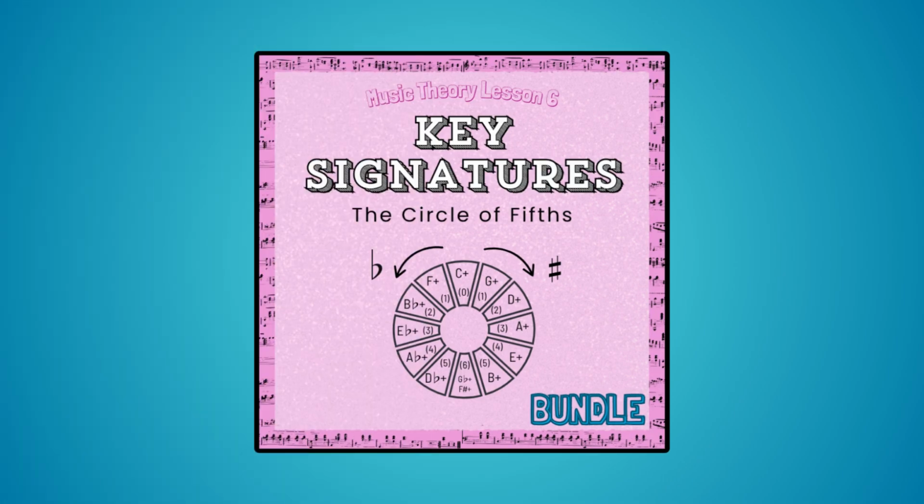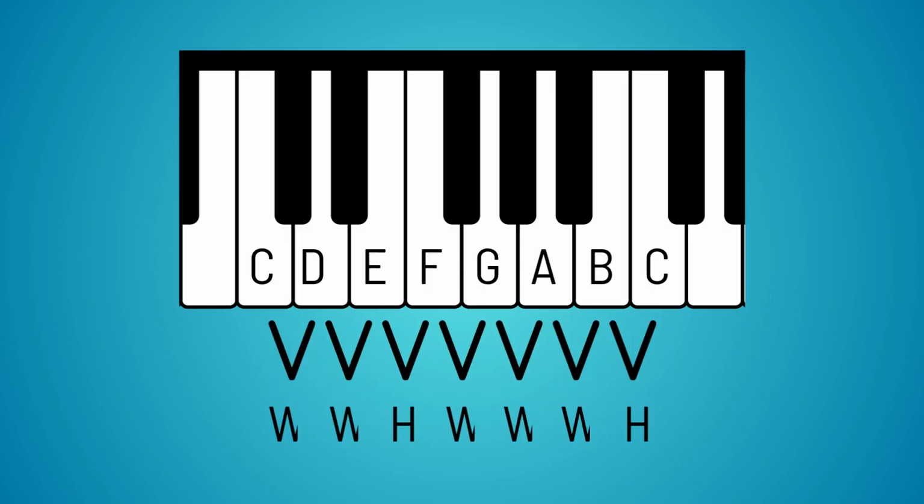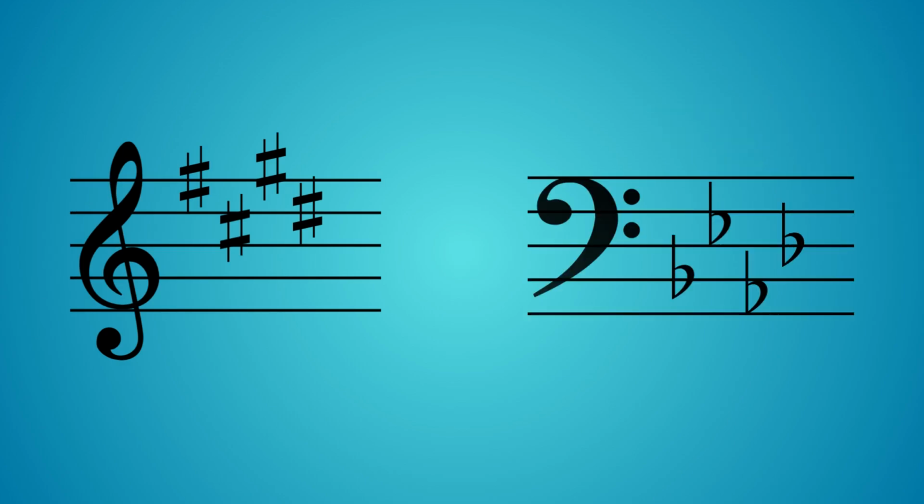Welcome to Music Theory Lesson 6, Key Signatures and the Circle of Fifths. In Lesson 5, we learned how to construct major scales using a specific pattern of whole steps and half steps. We also discovered that many major scales require sharps or flats to maintain that pattern. In this lesson, we'll learn how those sharps and flats become key signatures. We'll practice identifying major keys, and we'll explore how all of the major keys are organized using the circle of